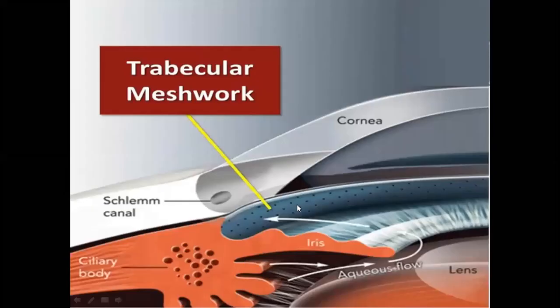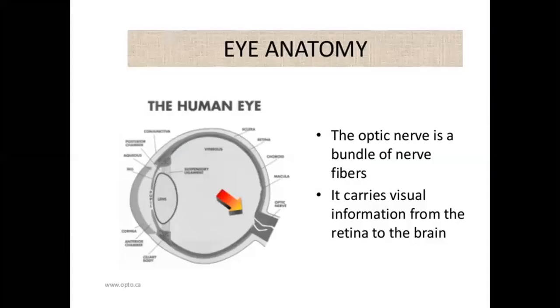ठीक है. Moving forward, this is the trabecular meshwork, this is the iris, this is the cornea, and this is the ciliary body. So this is open angle because the iris is in place, ठीक है. And if the problem is in the trabecular meshwork, this is open angle. If the iris covers and obstructs the canal of Schlemm, obstructing the aqueous humor from flowing into it, this is called closed angle. तो यहाँ से iris उठ के यहाँ चला जाएगा. So this is called closed angle. So these are the two causes which raise the intraocular pressure in the eye and eventually lead to blindness. ठीक है. हम आगे चले जाते हैं.